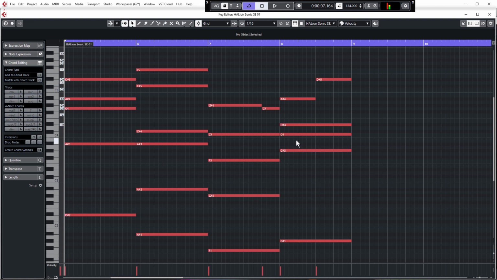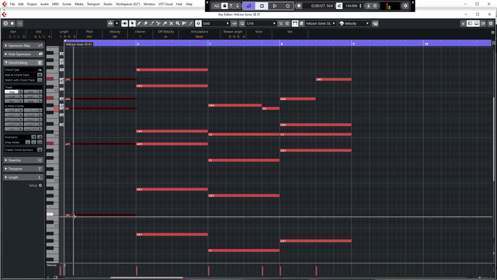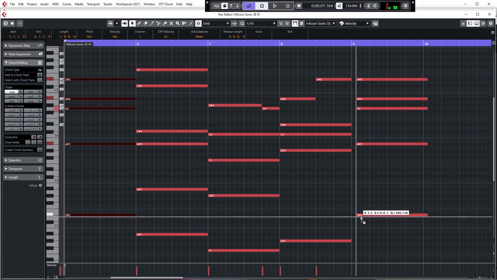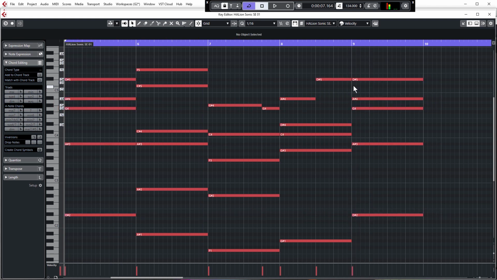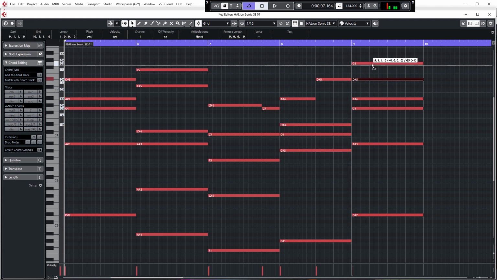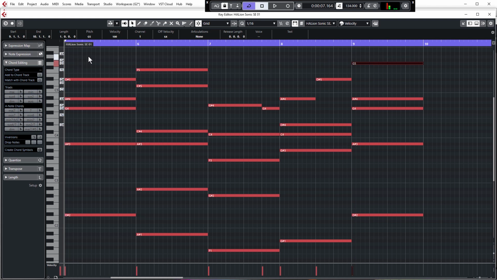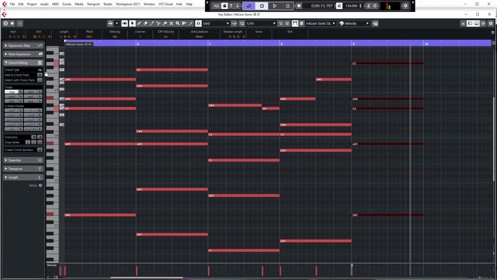So we're going to have this so it kind of repeats, but it's going to be different or changed in the second half. So first of all, let's copy over our first chord. So we've got a duplicate of that, but we're going to change this up a bit and let's just move this up to a G. Okay, so let's just play that, see what it sounds like. So you can see it just sounds a bit different,